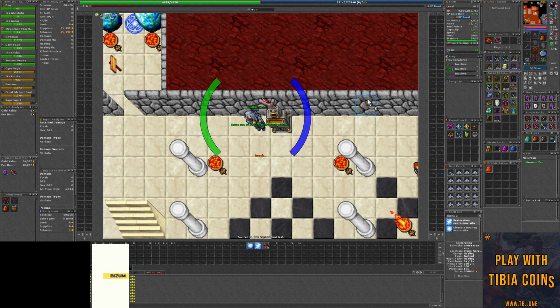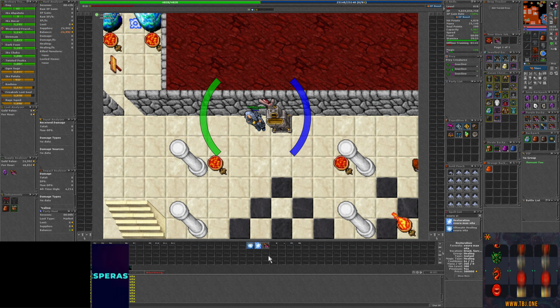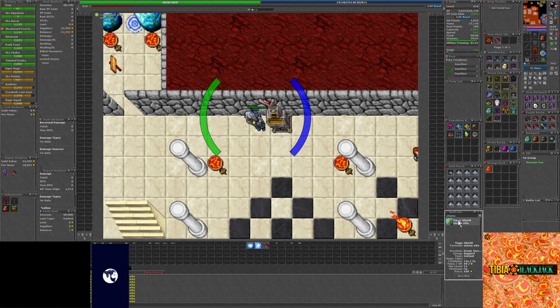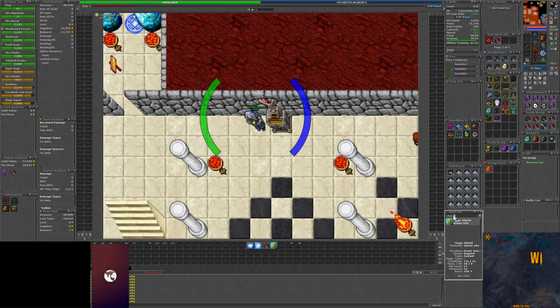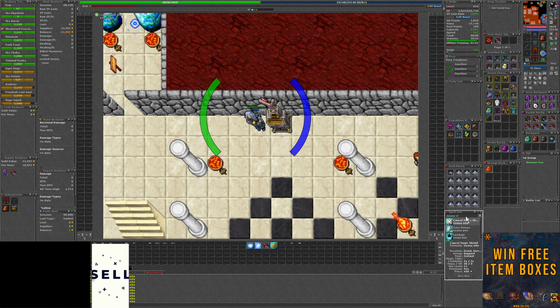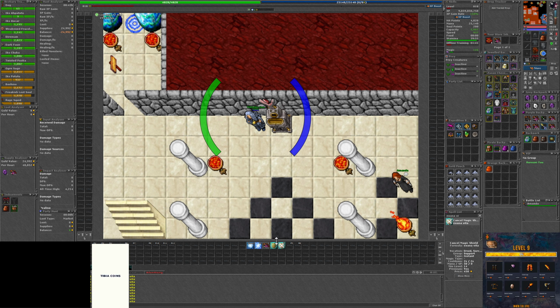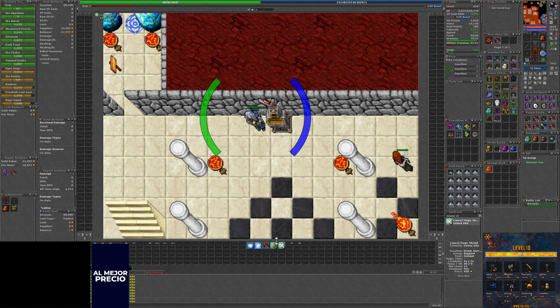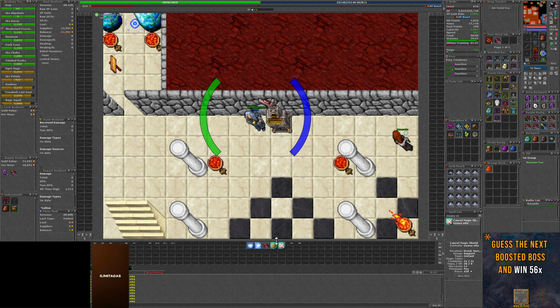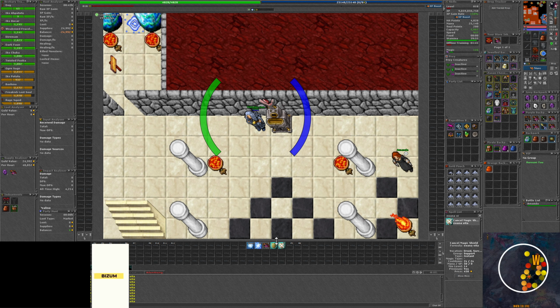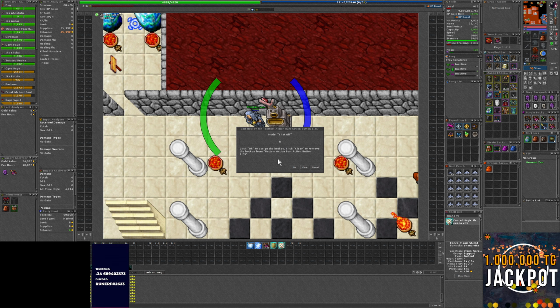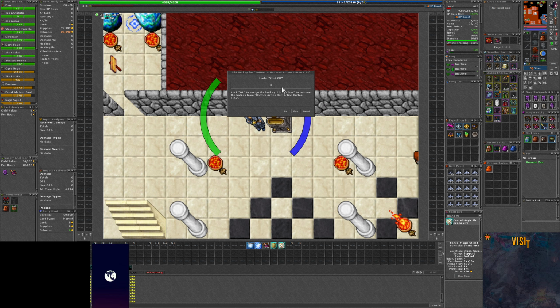So let's go with another action. Let's go with the utility hotkey. In this case, we want Utamo Vita. Utamo Vita. And with Utamo Vita comes also the Exana Vita, which is also utility, by the way. So for me, it makes sense. Again, the hotkeys themselves, you have to figure out your way to think about it. But for me, it makes sense to be in the letter R. Okay, so I have it in the R.